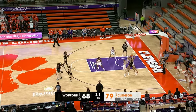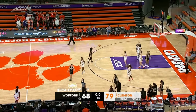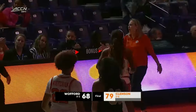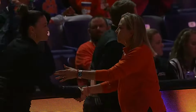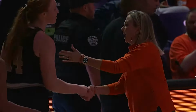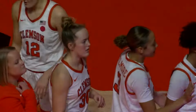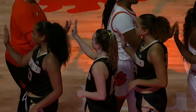Second free throw missed, no good, but rebounded by Wofford. And as the buzzer sounds, three-pointer is put up no good by Rose. And Clemson will end up winning it here tonight by 11, 79-68, to win their 10th in a row against Wofford. I'm impressed with both basketball teams. I just think they went at it hard. They played their hearts out every single